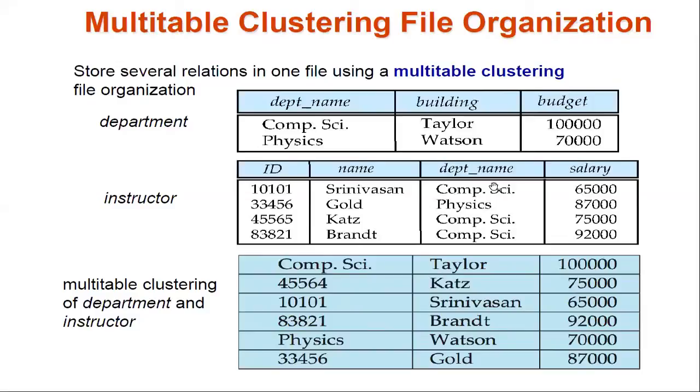Okay, that means you are grouping, right? So here, whatever data comes under computer science, you are combining all the data into a single group, right? And then here you can see 2 categories. One is computer science and another one is physics. Okay, in computer science, whatever data is related to computer science, you are grouping in one single group, and whatever data comes under physics, you are grouping into another group. Okay, so this is how you make a multi-table clustering of different tables, right? So this particular set of tables you can save in a single file, right?